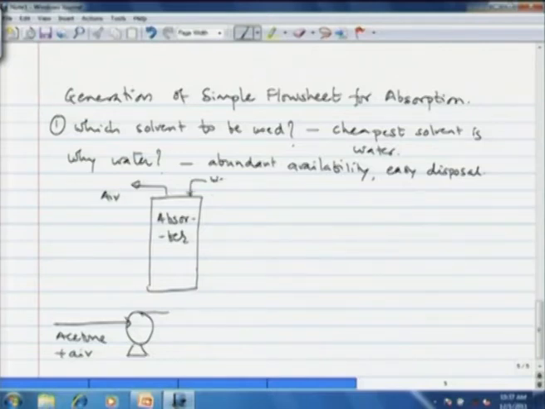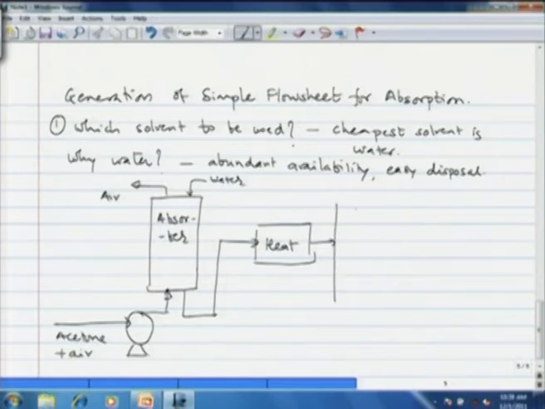Water is used as the solvent, and then the stream containing water and acetone is heated and then fed to a distillation column in which pure acetone is recovered